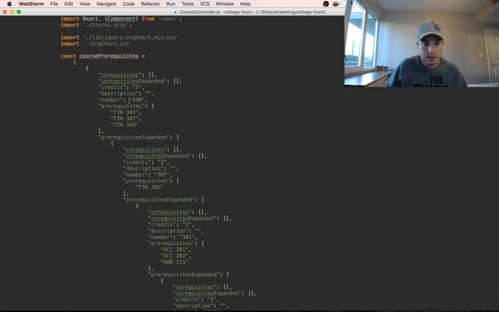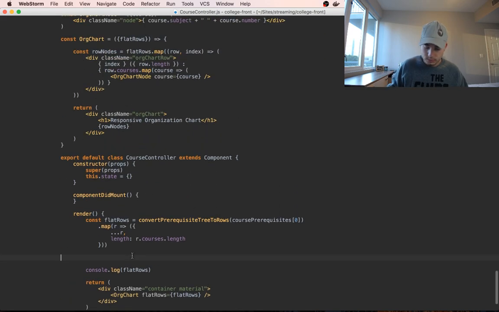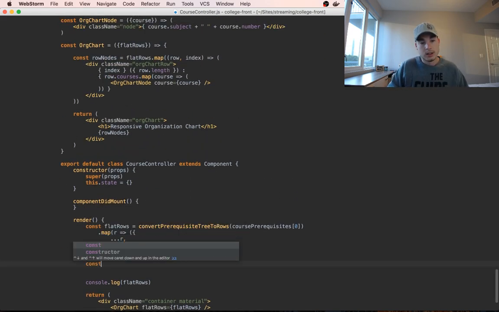I think what we want to do is just map this. I think, let's see, something like this, tree rows or something, recursive rows, and